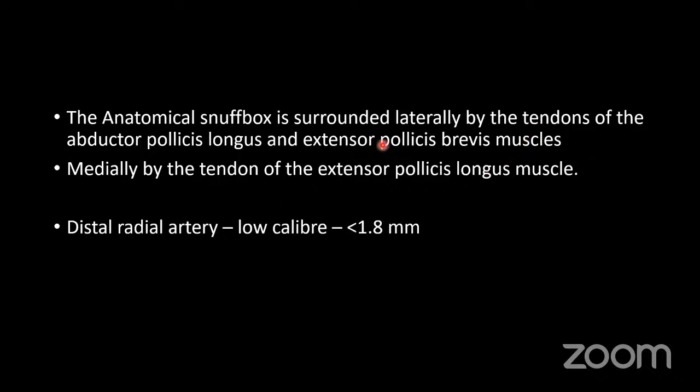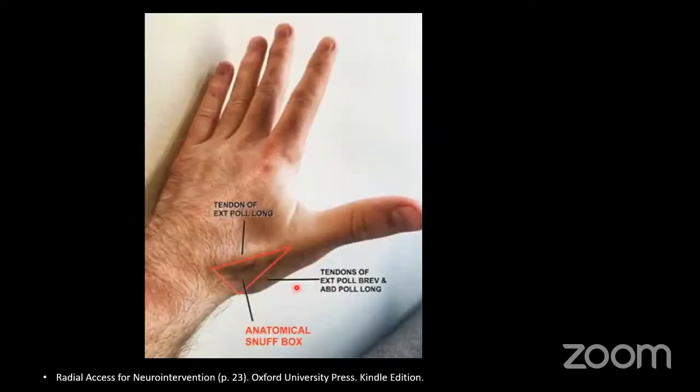And on either side we have two tendons: medially the extensor pollicis longus, and laterally the combined two tendons, abductor pollicis longus and extensor pollicis brevis. And the distal radial artery has a little less caliber when compared to the proximal radial artery. Here is the site where we can palpate for the radial artery pulse or